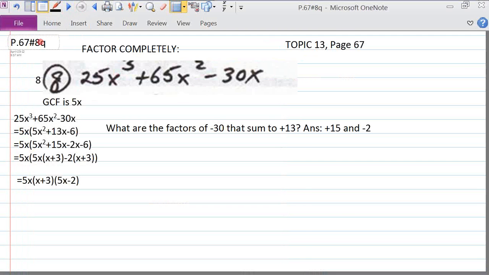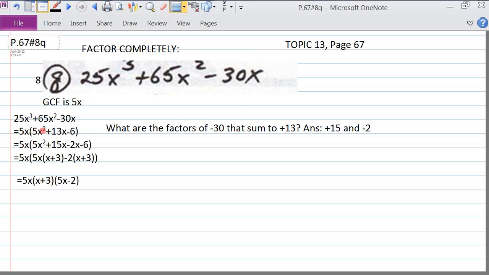So if we start with 8Q on page 67, we've got 25x cubed plus 65x squared minus 30x, and we look for the greatest common factor. We ask ourselves what's the highest integer that will go into 25, 65, and minus 30 and give us an integer solution. And 5 goes into 25 5 times, 5 goes into 65 13 times, and 5 goes into minus 30 minus 6 times. So if I factor out 5x here from this term,